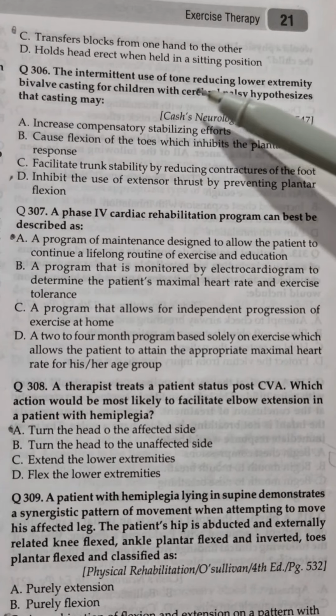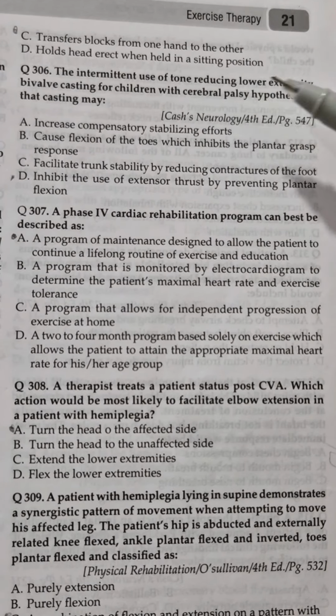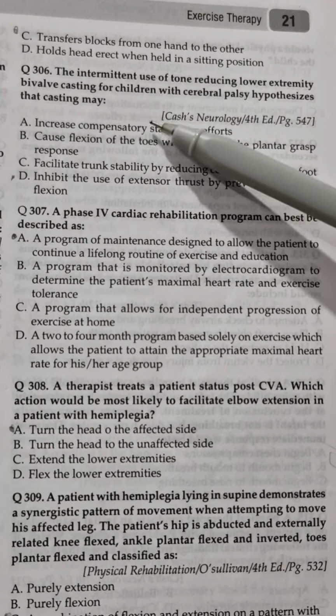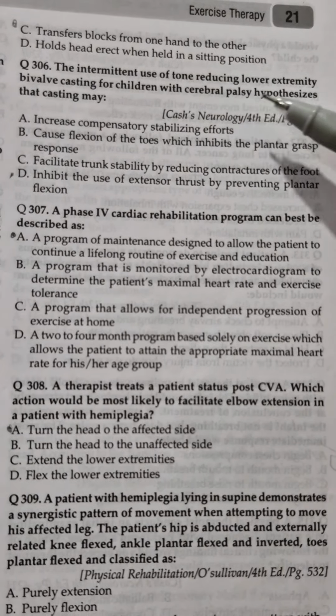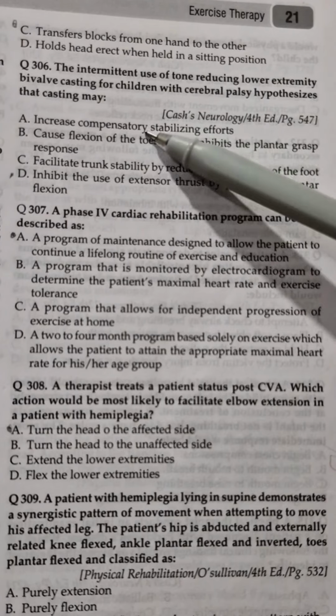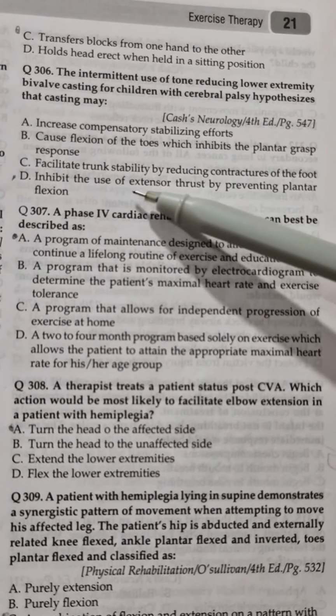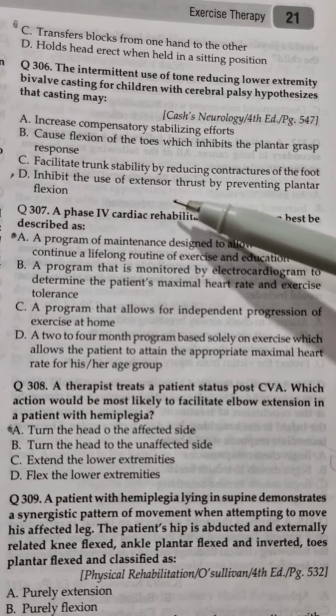The intermittent use of tone-reducing lower extremity bivalve casting for children with cerebral palsy hypothesizes that casting may, answer: inhibit the use of extensor